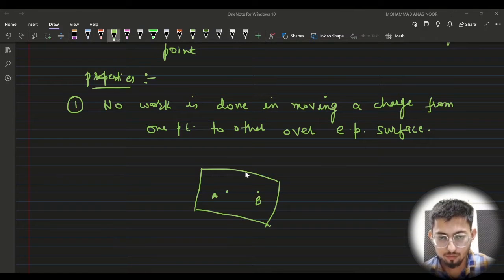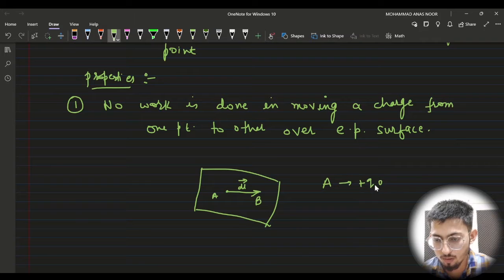These 2 points will be having the same potential already because they are on equipotential surface. Let us draw a vector from A to B, and let this length be dl. If we want to move a test charge Q0 placed at A up to B,